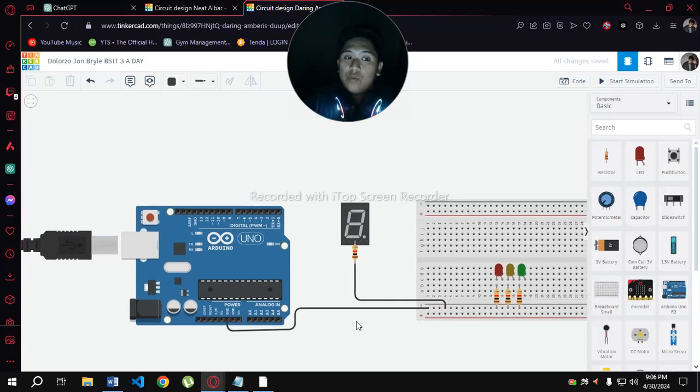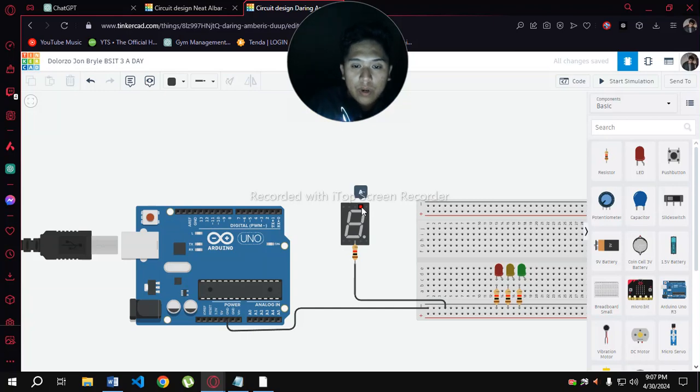So this will be very tricky because each of these lines, as you can see here, forming an 8, has their own letter, which corresponds to their pins. So here A, B, C, D, E, F, and G. And also there is a common, and there's a decimal point.